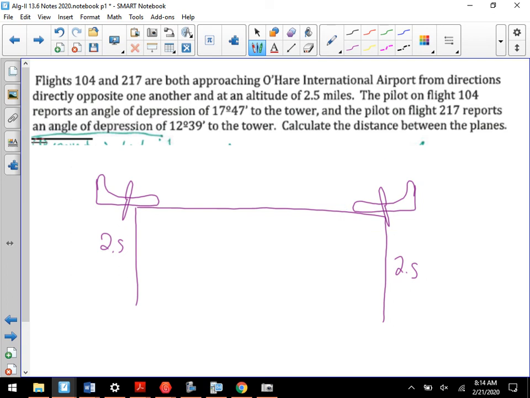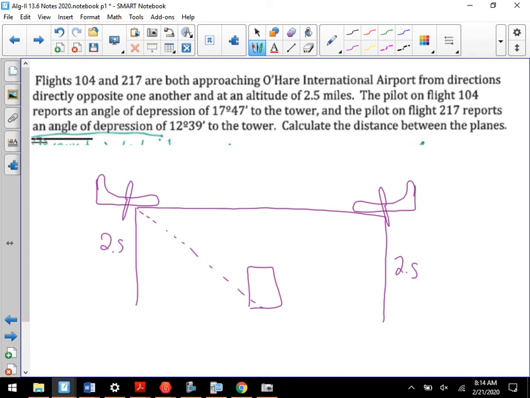So we have two planes. The pilot of Flight 104 reports an angle of depression to the tower, and the other one has another one to the tower. They're 2.5 miles apart. No, I meant altitude. I'm sorry, the altitude is 2.5. So we have the angle of depression